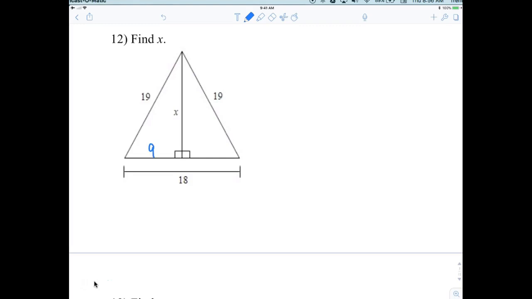9. Then we do Pythagorean theorem, so we would just say 19 squared is equal to x squared plus 9 squared. Right? 19 squared, I believe, is 361. It's 361. Yeah, thank you. I said 19 squared is 361, right? Okay, thank you. Then subtract, so that becomes